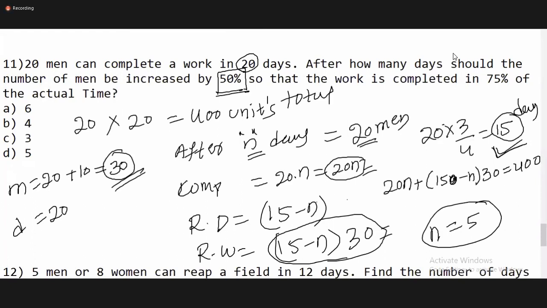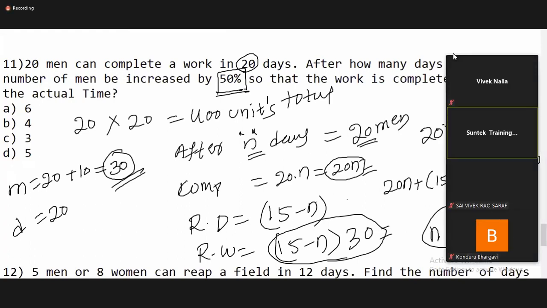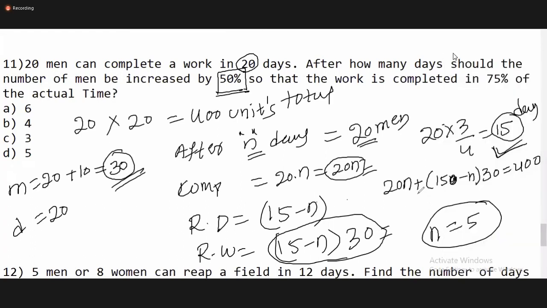Then how to approach this? That's the beauty of the options. When you have options, you can do this. N is equal to 5 only, are you getting 5 only? Yeah, option verification is the best approach, Nana. Whenever the questions are a little bit critical, option verification is the best one. How to verify that, you should know.